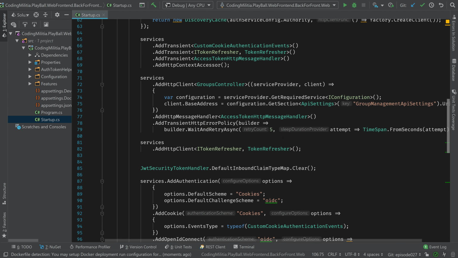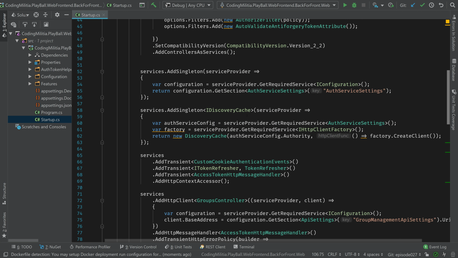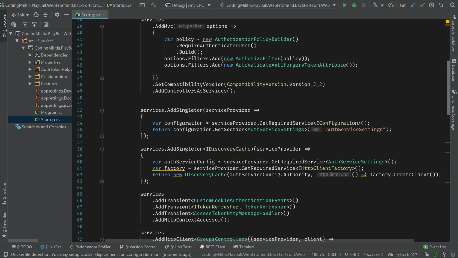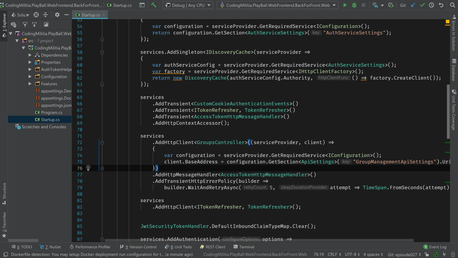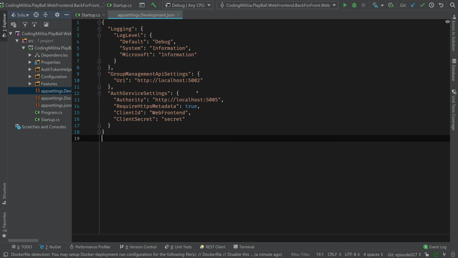even up here in the HTTP client, where is it? HTTP client, we had the base address hard-coded. Given we are putting this in Docker containers, this won't really work because we won't be communicating to localhost 5005. It will be different. So thinking about this, the easiest to do was to go to app settings, development, create